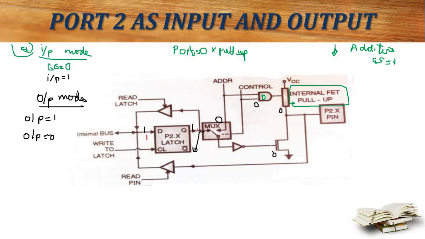Okay, so this Q will also get the same output once the clock is enabled, and this will be 0. MUX will give the output to the FET, so that is 0. So 0 means this will be in an open circuit mode, that is T1 is off. We have only one transistor, so that is off mode.